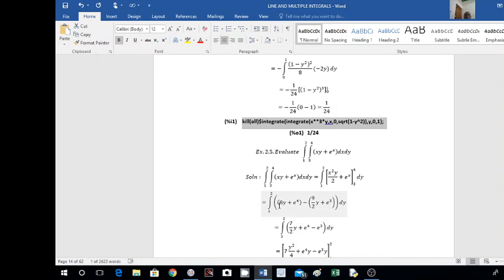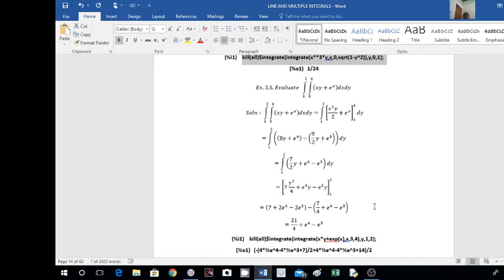Now here this is 8y minus 9 by 2 into y. If we take 2 as LCM here, this becomes 16 minus 9, which is 7 by 2. 7 by 2 into y plus e raised to 4 as it is minus e to the power of 3 into dy. Now we have to integrate with respect to y. If I integrate this with respect to y, this 7 by 2 is constant as it is. What is the integration of y? It is y square by 2. Already 1 by 2 was there.